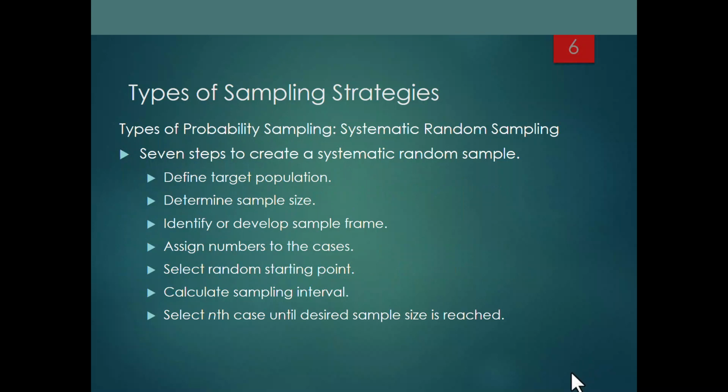There are 7 steps to create a systematic random sample. So if you wanted to use this systematic random sampling strategy, you first want to define your target population, determine the size of the sample, identify or develop your own sample frame. Here you have to assign numbers to the cases as well, and then you have to select your random starting point. Once you select your starting point, then you can calculate your sampling interval, and then you select whatever case